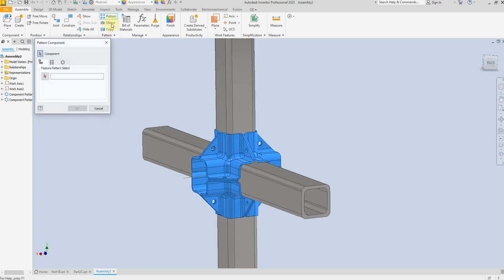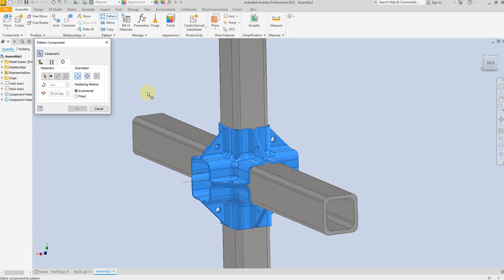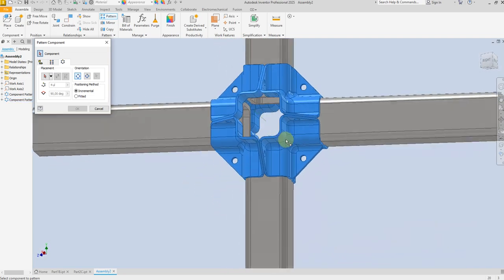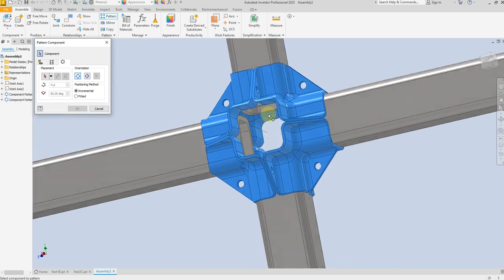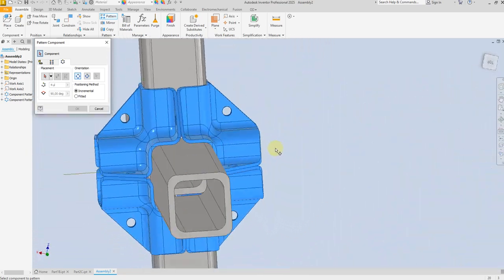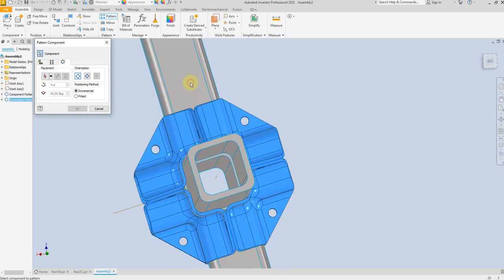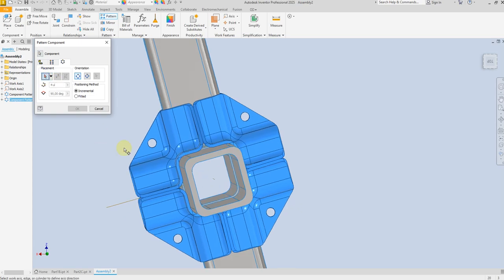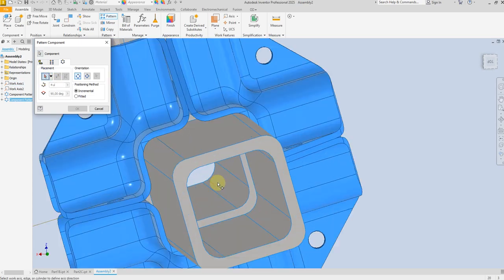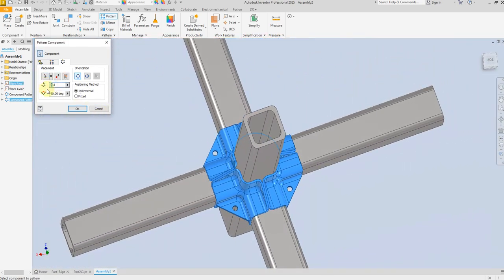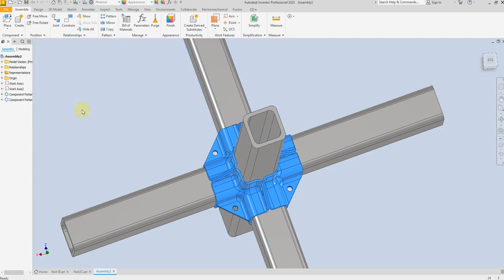Again circular pattern, select the component, select this one and the axis, select this one, give a number 2. Okay,